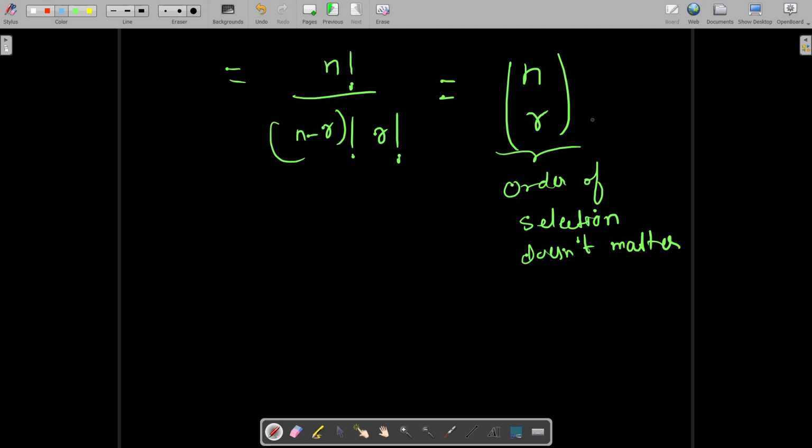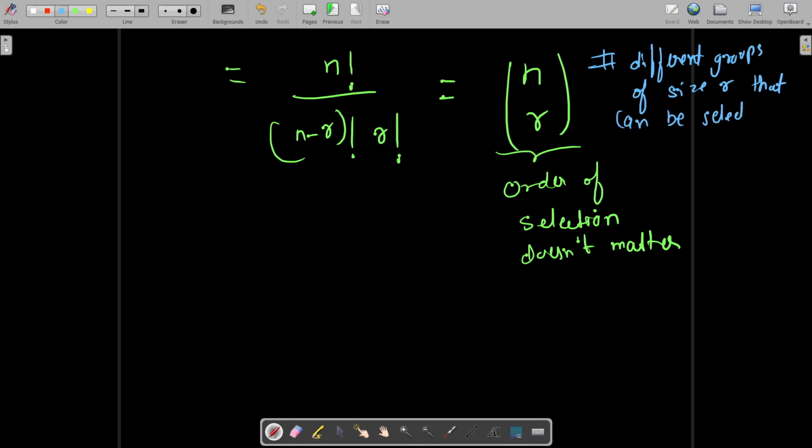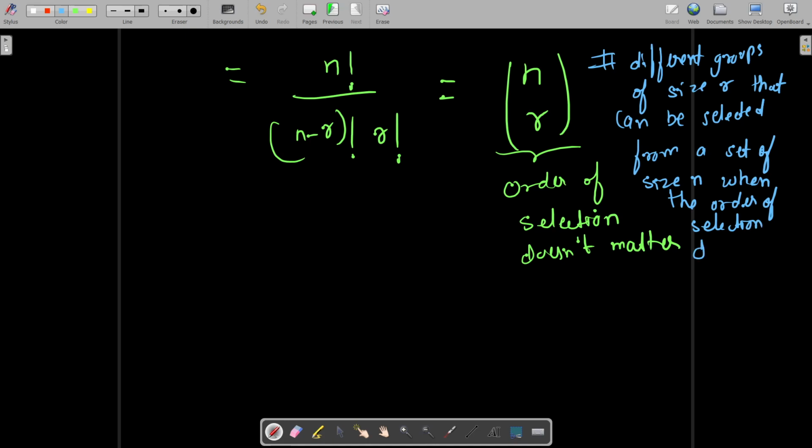That nCr represents the number of different groups of size r that can be selected or formed from a set of size n, provided, again I am writing, when the order of selection doesn't matter